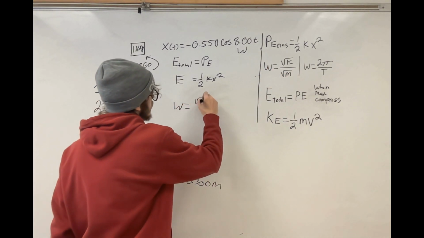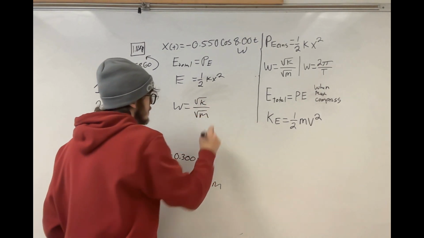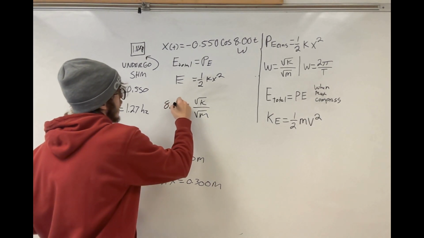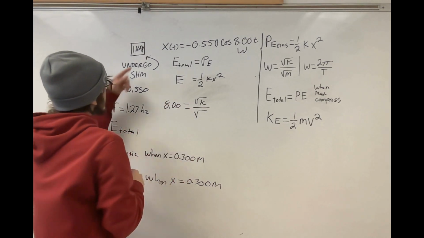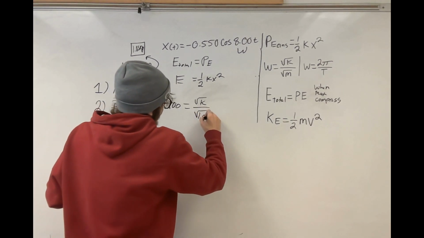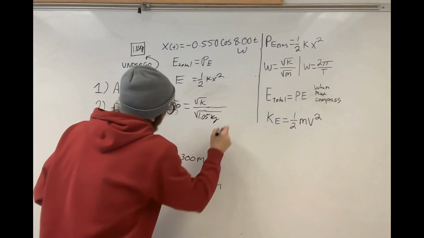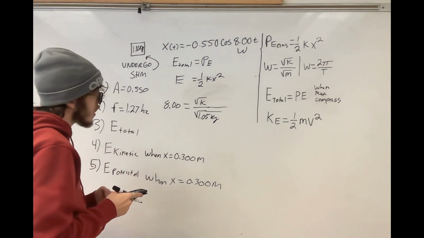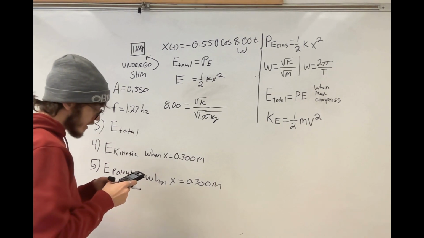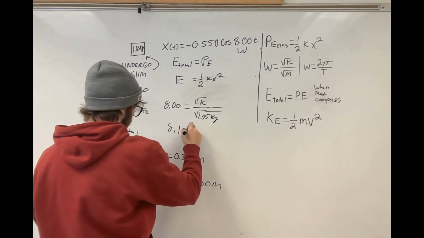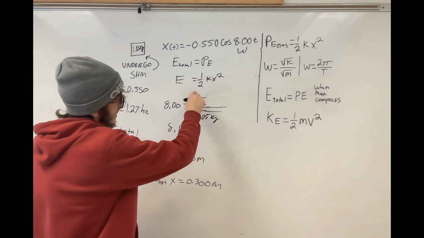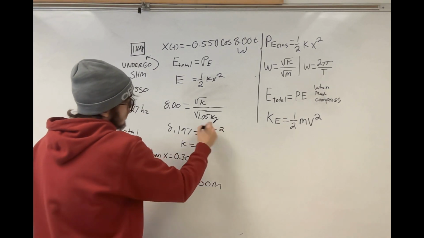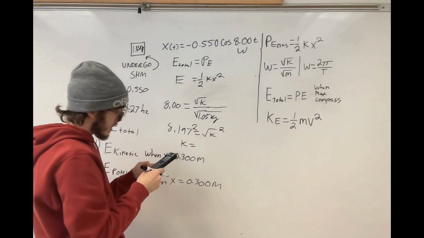Omega is equal to the square root of k over the square root of m. I know that omega here is 8, and our mass is 1.05 kilograms. So to find the square root of k, I can simply multiply 8 times the square root of 1.05. That's going to give us 8.197. Then I can square that, because this is equal to the square root of k. If I want to find k, I just take the square of both sides, and we're going to see that